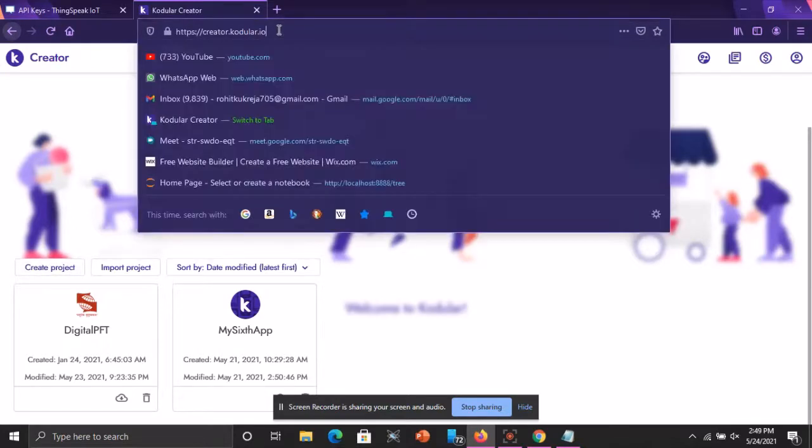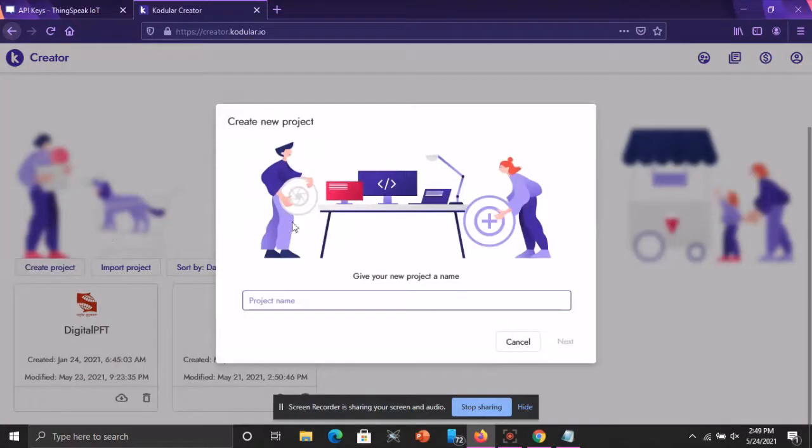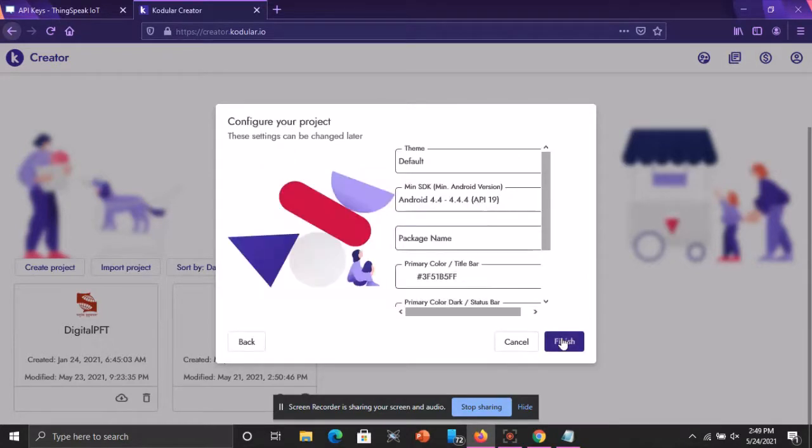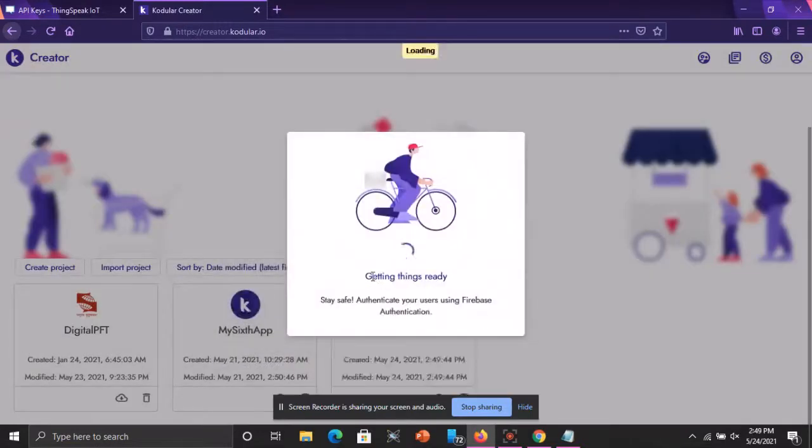The Cordular link will be https://creator.cordular.io. In this you have to click on create project and write the name of the project. You can choose any name. Then if you want to change colors and so on, you can change them. If you don't, just click on finish.